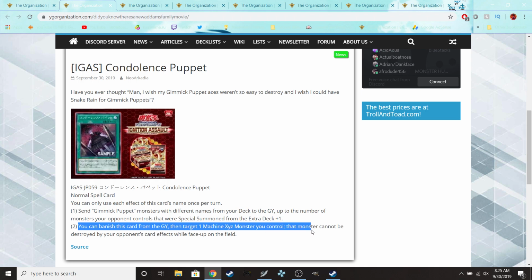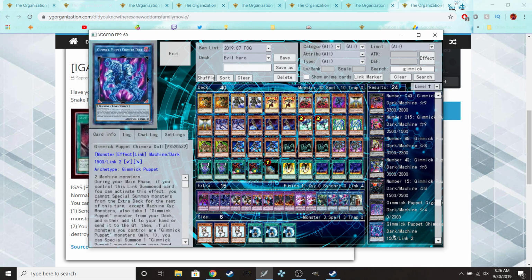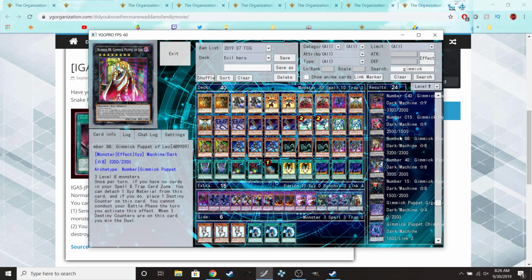So, this card also has another effect. You can banish this card from your graveyard and target a machine Xyz monster you control. That monster cannot be destroyed by your opponent's card effects while face-up on the field. This literally just makes it to where your 3k plus bodies become immune to destruction by card effects. Your opponent has to run them over in battle. Gimmick Puppets have very high attack power monsters for the most part. This is their whole extra lineup here, minus the big guy,